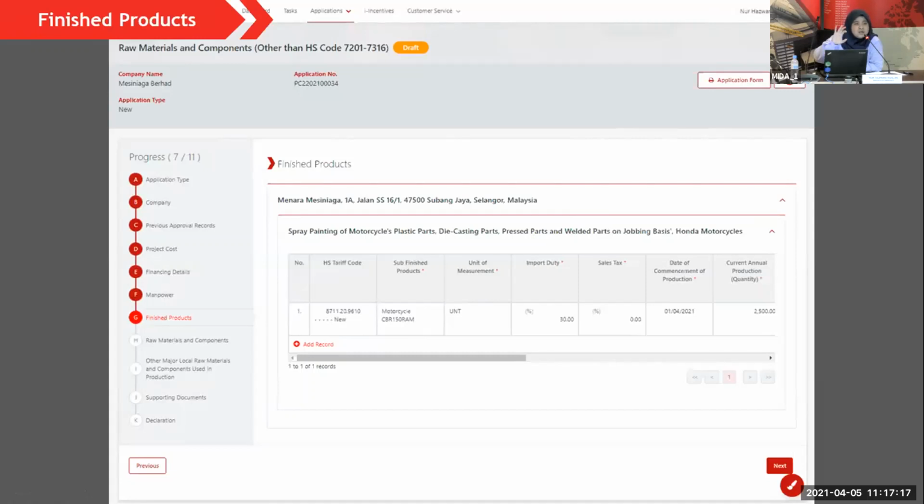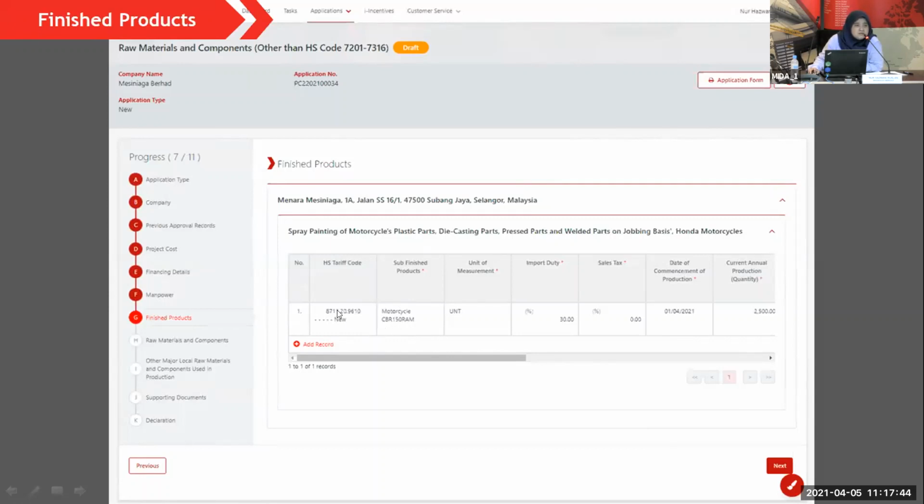The sub-finished product and the finished product listed in the ML can be the same, so we don't have any issue. You can use the same name. If in your ML your product is spray painting of motorcycle plastic parts, you can use the same name for the sub-finished product as well.